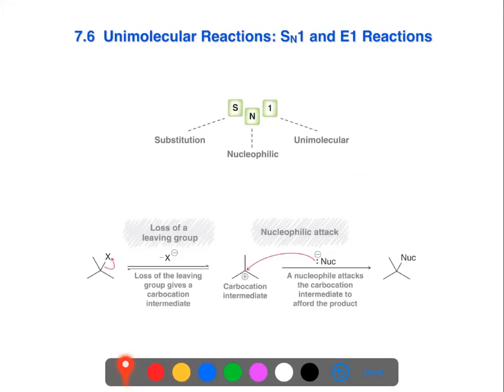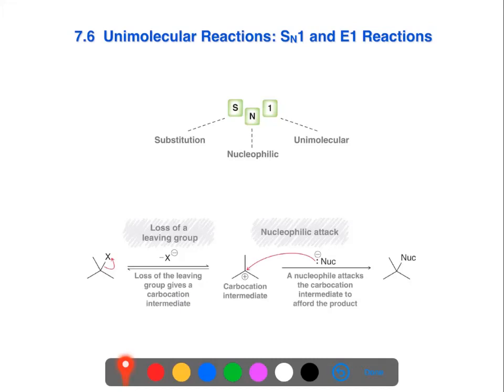Now, as we've seen previously, we have an acronym associated with these reactions. S still stands for substitution and N for nucleophilic, and we've discussed the unimolecular aspect of this reaction. So here's the mechanism. It involves two key steps: loss of a leaving group and nucleophilic attack. So very much like the SN2 reaction, the same two arrow pushing patterns are found in this particular mechanism, but